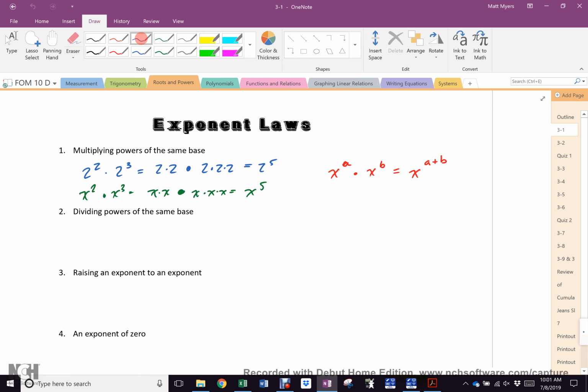Dividing powers of the same base. You're smart kids. 2 cubed divided by 2 squared. Well, that means 2 times 2 times 2 divided by,